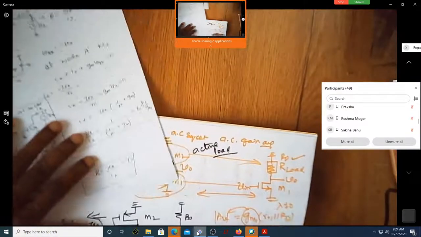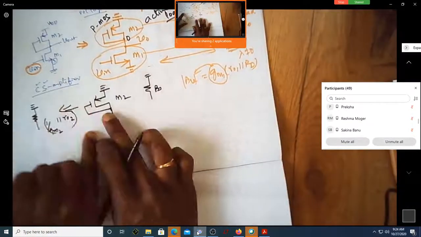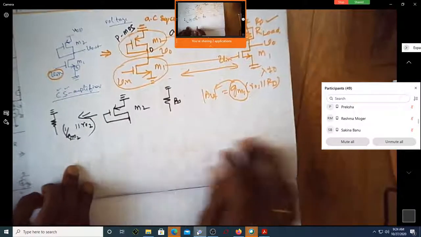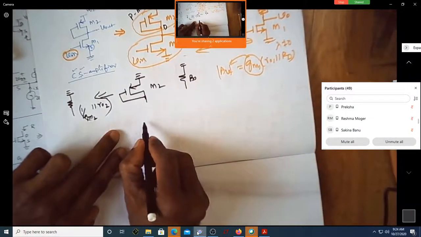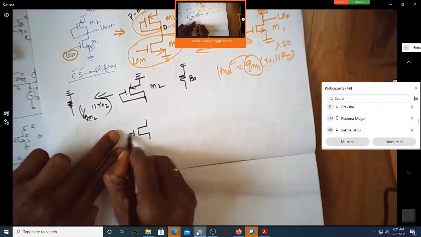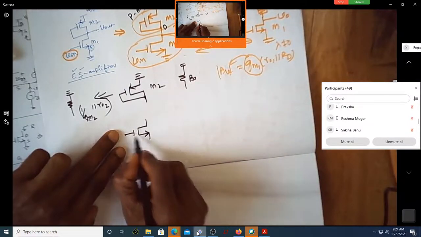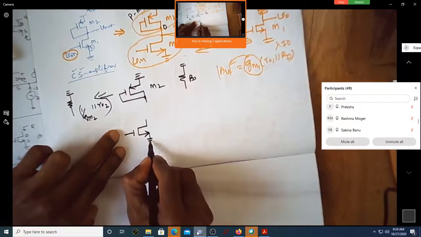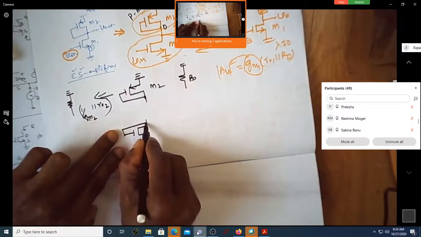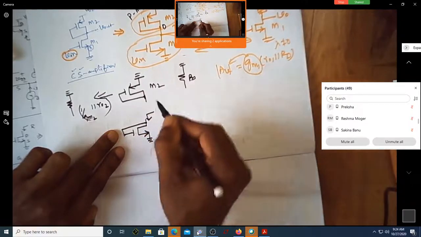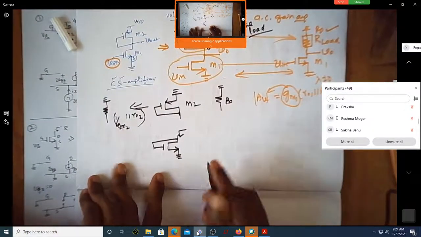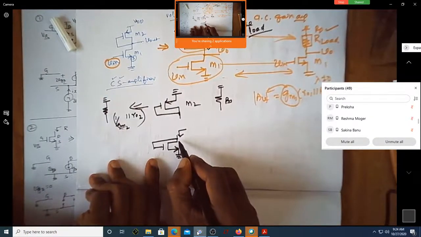Also, let us derive it. Okay, let us take this. Now what I'll do is I'll take the NMOS transistor. It is like this. Now this I will ground it. This I will put it here. I want to see from here. Now am I seeing from the drain side?